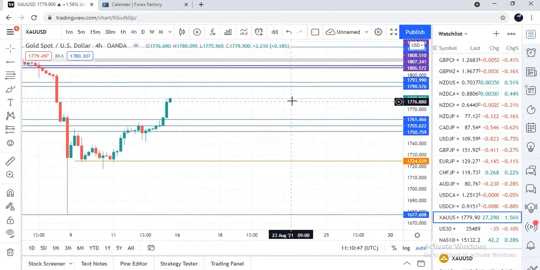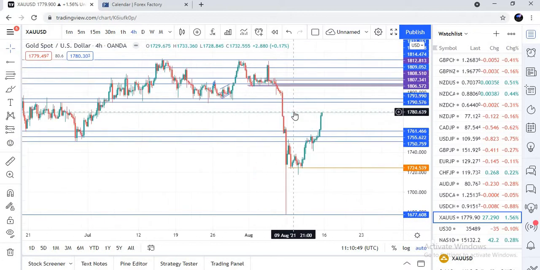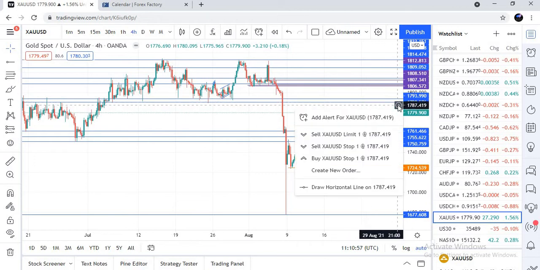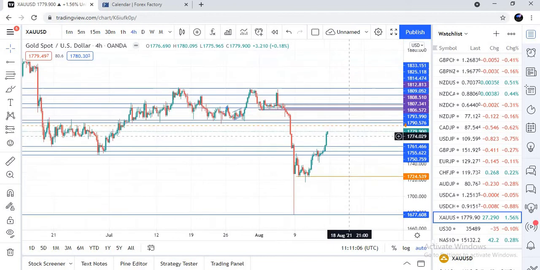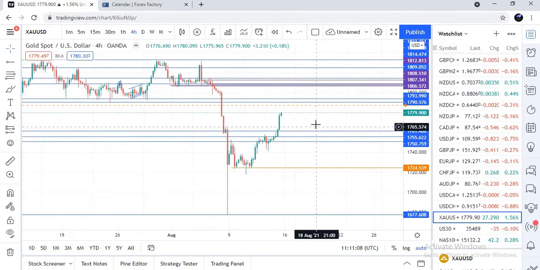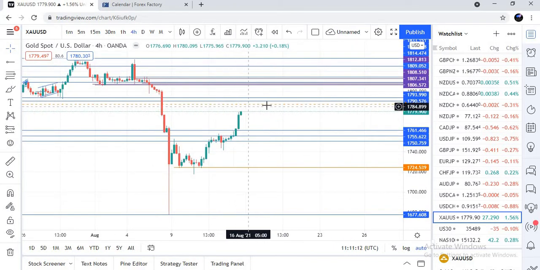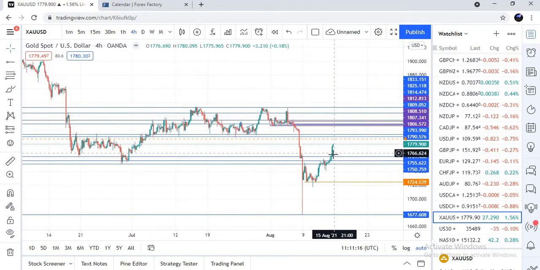So for this week, we are predicting that gold just might react to this resistance level. So what we're going to be doing is setting an alert for that level. So when our alert gets triggered, we're going to be watching this chart to see if it's going to react to this resistance level and go down. But I think the price might break this level. I have a very strong feeling that the price might break this level, because from what I can see, it might just